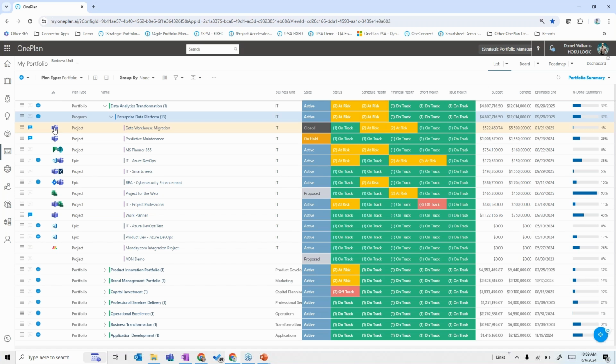That being said, here's one that's using Microsoft Planner. Here's one that's using Azure DevOps for its execution data. Here's one that's using Jira. Here's one that's using Microsoft Project Professional or Project for the Web. Here's one that's using Monday.com. The idea there is the overall portfolio management roll-up and top-down planning of all this can happen in OnePlan, yet